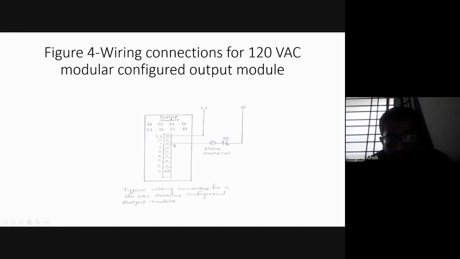Now when this motor is energized, this contact will get closed. That is why it is shown as a cross mark here. You can see this line here, the cross line. This indicates that the motor is initially in the off state. Once we energize the motor, that is once we send the required voltage for the operation of the motor, the motor starts to rotate, and at that time this coil will be energized, or this switch will be turned on. That is why we make it a cross line here for this particular output component of the motor starter coil.